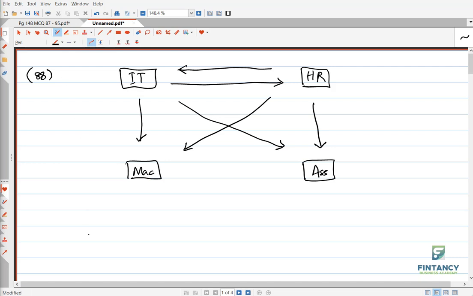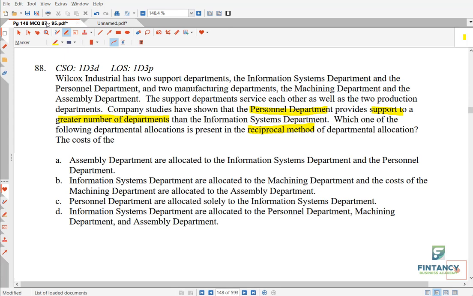So if we are using step down method, we will start with personnel department and we will not go back to personnel once we have allocated the personnel department overheads. Getting the story, everyone? So this is just to give you a background, because question can come like that also. But let us solve this question now. So why I was explaining you this, because in reciprocal we don't have this issue. We don't care, because we create equations and we do it very properly. So we don't care that which service department to start with. Anyways,